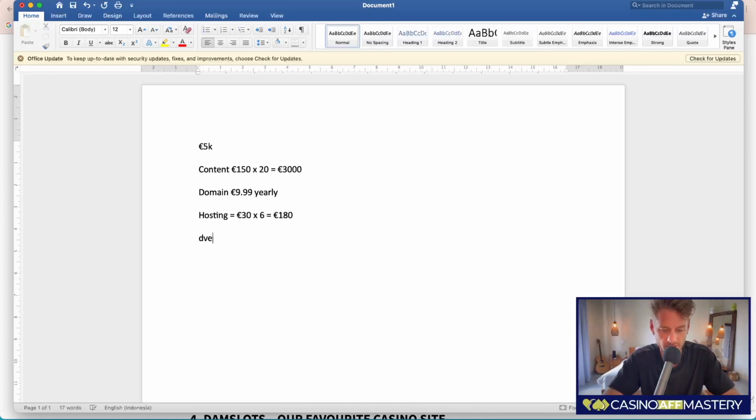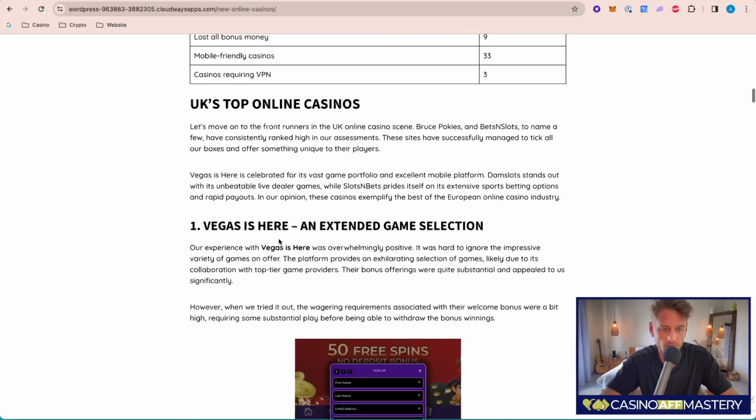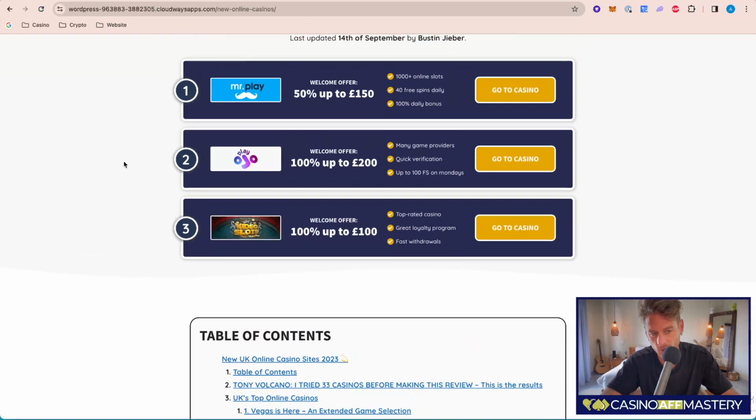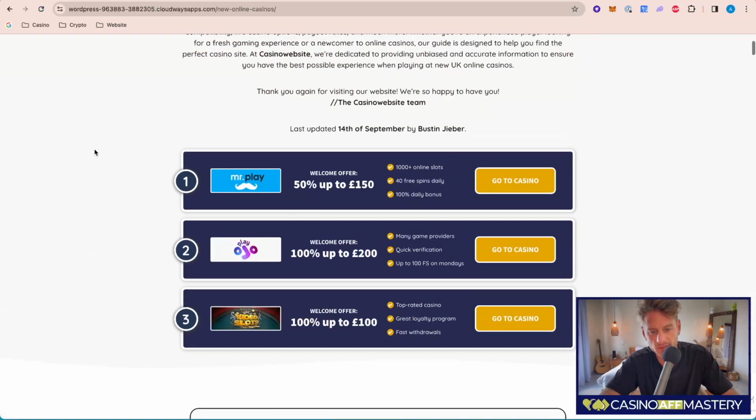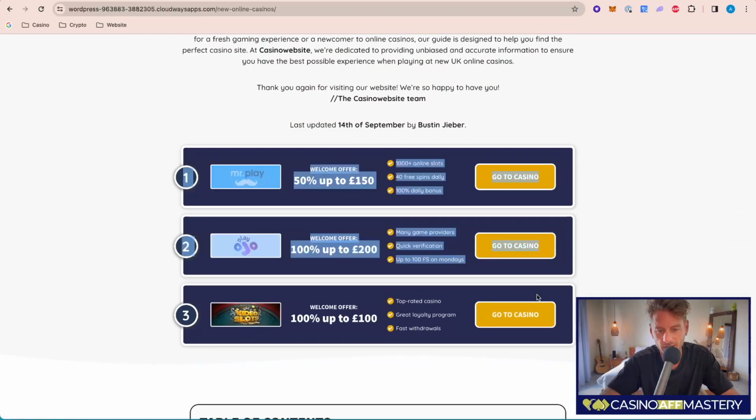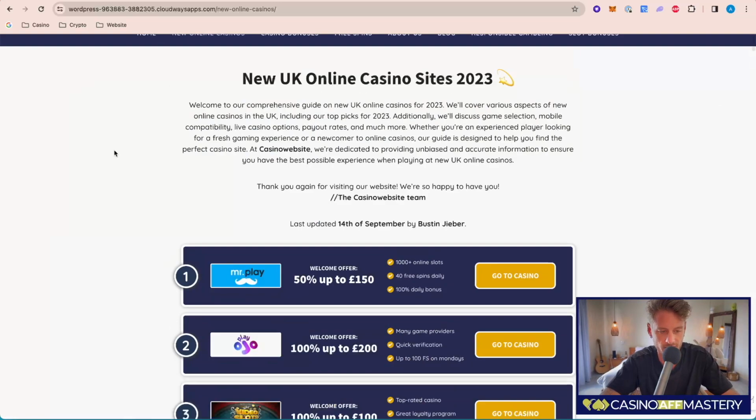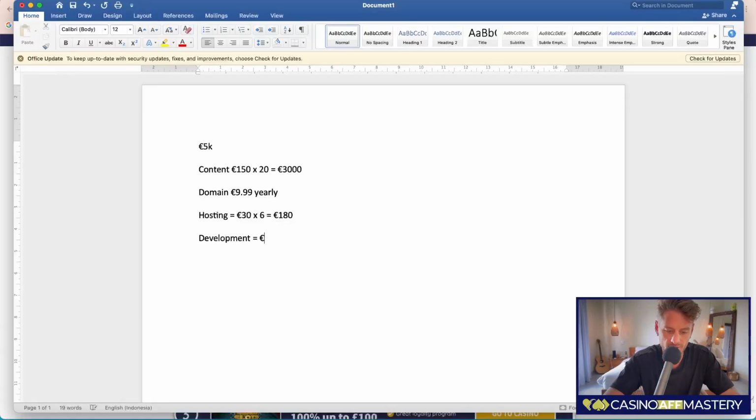And then we also come to development, which depends so much on your approach. I would suggest you build your first website completely by yourself, because this is how you're going to learn. Paying someone to build your complete website is not something I'd suggest. But I used developers to, for example, do stuff that is more customized. For example, building a table where you can do everything back end, so everything is easier. For example, this one I paid, let's say, 500 euros for. Obviously you can add way more casinos and you can customize it and it looks good on phone and everything. So let's say that's 500.